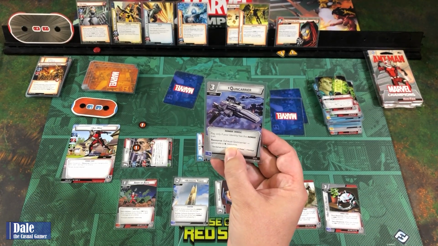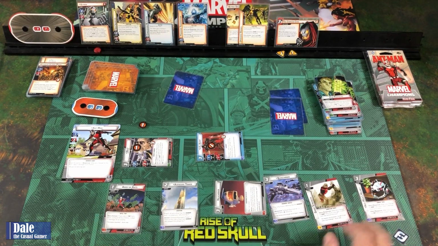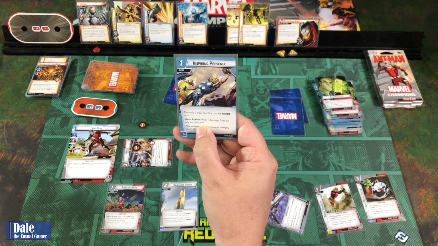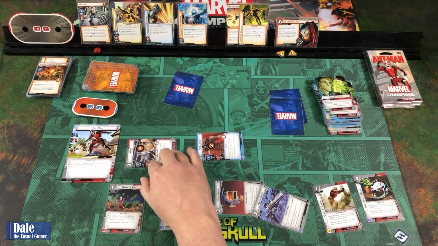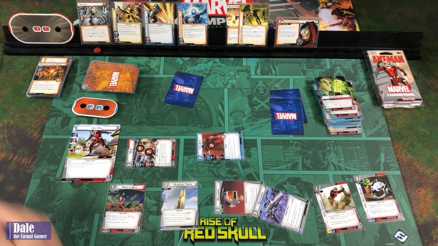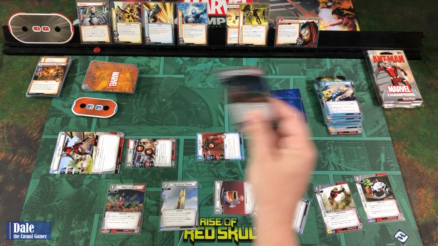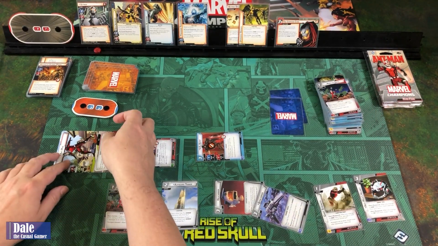Exhaust this to generate a wild resource. And we'll use the Quinjet for some Inspiring Presence. Heal damage from an ally and ready it. And then she will thwart for 2. Ant-Man takes care of another army of ants. Then we will flip,